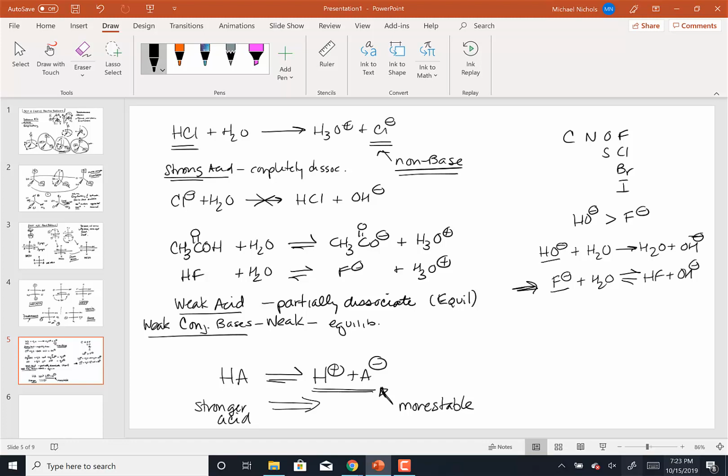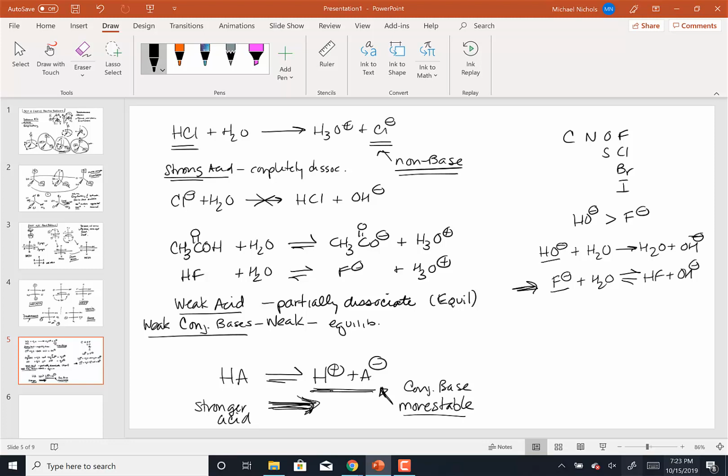And if you do make A minus more stable, what will happen? It will really push the equilibrium to the right. You'll get more A minus formed. You'll get more dissociation of HA, and you'll get more H plus. If you get more H plus from HA, what does that make HA? Stronger. So one of the classic ways that we can make the acid stronger is to make the conjugate base